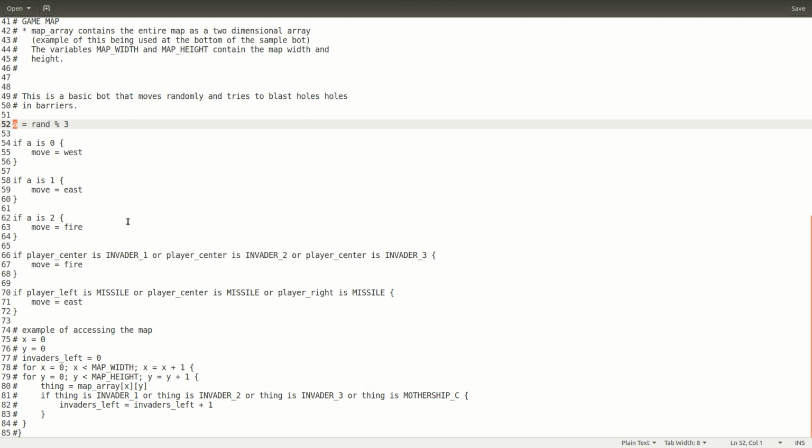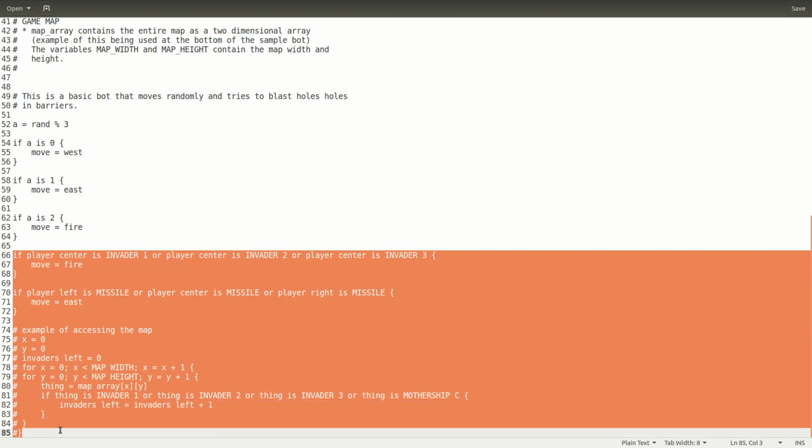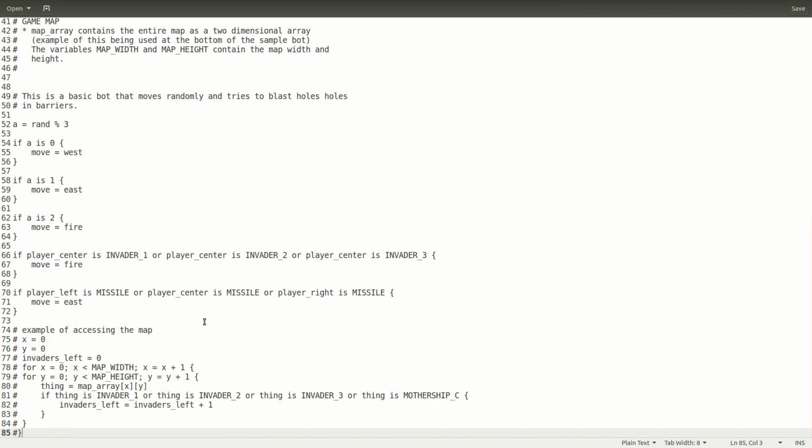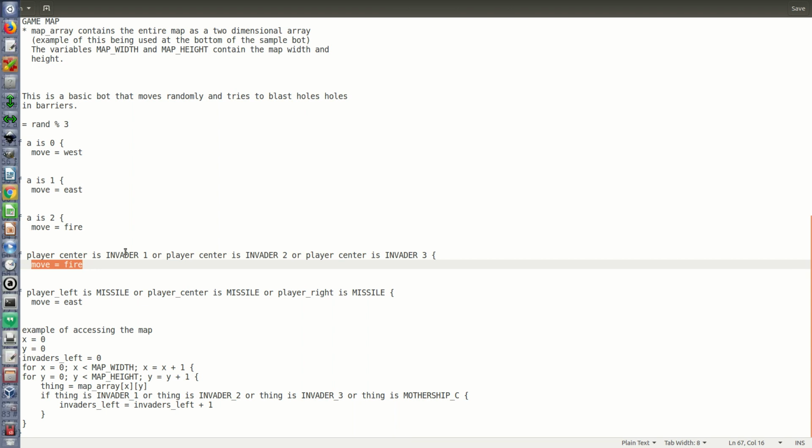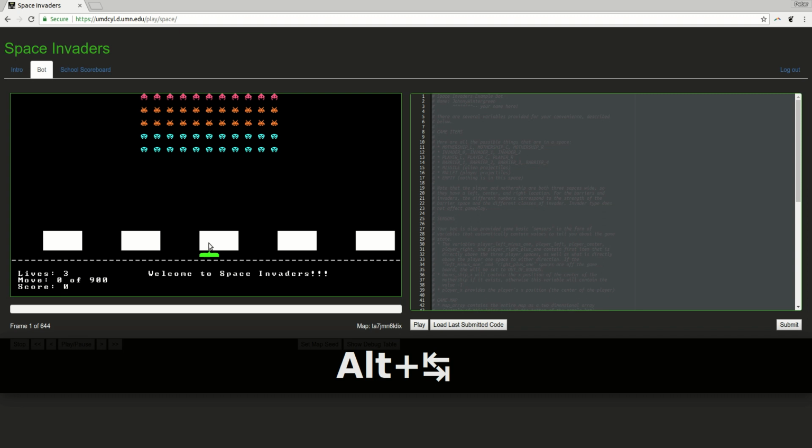Okay, so then the other thing that the base program does, I've actually modified it. So this is my modification of the base program here, and it's a little bit smarter than the base program that you get. So watching this video is going to give you a leg up. What I say here is if player center, meaning the center of my ship, is invader 1, or if player center is invader 2, or if player center is invader 3, then fire. So if the thing that's directly above me is an invader,